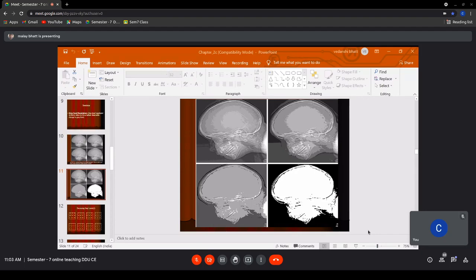Spatial resolution for all these images is equal, but gray level resolution is different. So is this clear? What is a false contour?